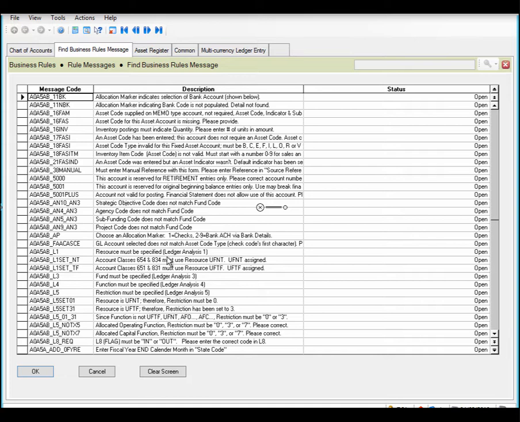Suppose you are getting one of these messages, say at ledger entry. So you know the event is a ledger entry event business rule. It's a business rule connected to ledger entry. You're getting the message, and so you'll now scan through the business rules for ledger entry event. I'll show you all about this a little more clearly in the next video, and find your message, and then try to figure out why the rule is not working the way you expect, or the rule is interfering with your work, and seeing what needs to be debugged about the rule or modified about the rule